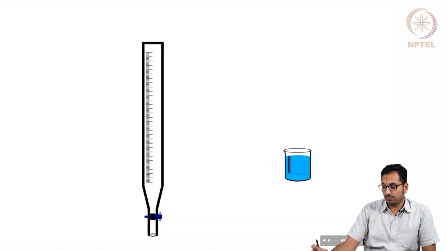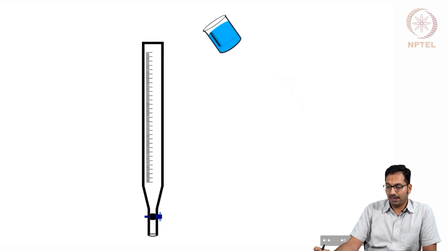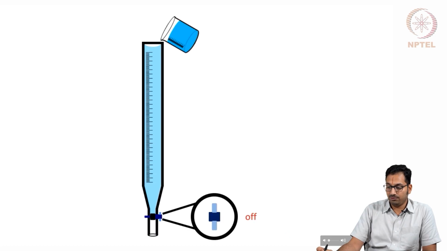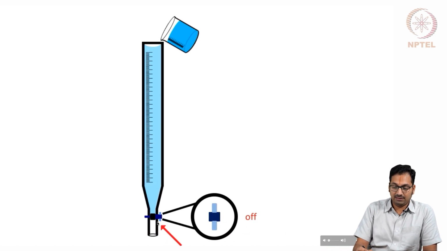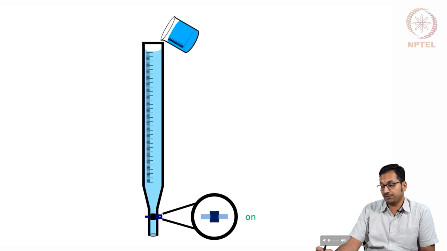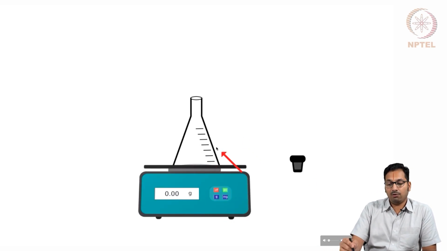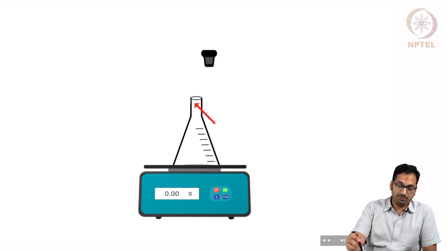Okay, so now let's take a quick look at how this experiment will be performed. You're looking at a burette here where the distilled water that you add is carefully added onto the burette. Ensure that the burette is opened so as to fill the bottom portion of it, which will ensure that no systematic errors come into place. If you are not filling this part, you are definitely going to introduce a certain constant error across each of your measurements. Now, having done that, we give a schematic where you measure the weight of a stoppered conical flask,